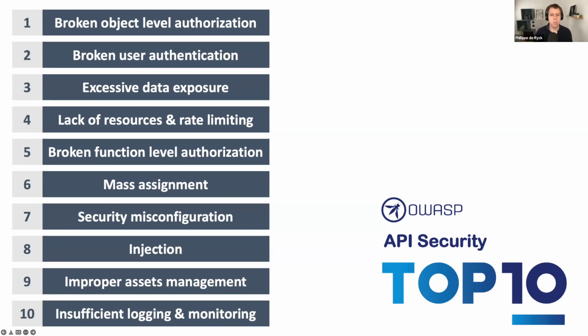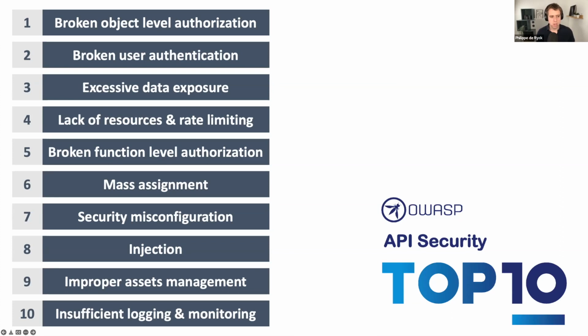If you look at this list, some of these things jump out at you. If you've been doing web security for a long time, you see authorization, authentication, like, yeah, that's a big issue, but we kind of had that with traditional applications. So is that really new? And I would say, maybe not. We have things like injection. That's a shorthand for all kinds of injection we have today. Think about SQL injection, command injection, but also GraphQL injection or NoSQL injection, stuff like that. Not a new issue.